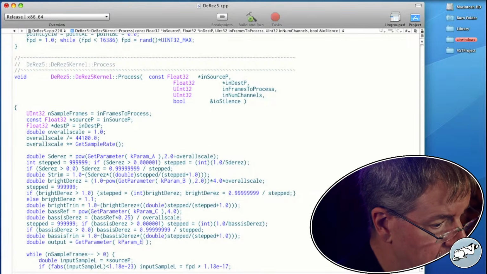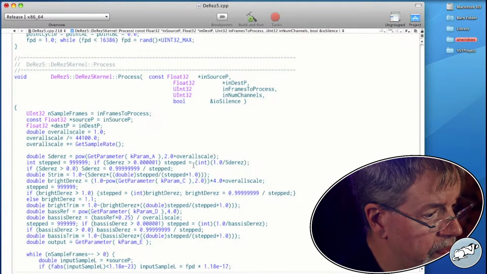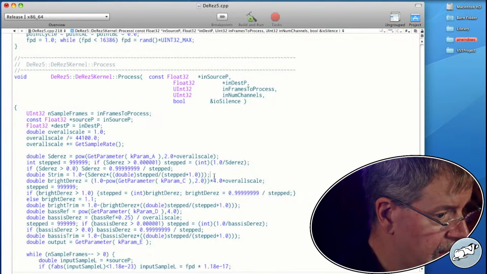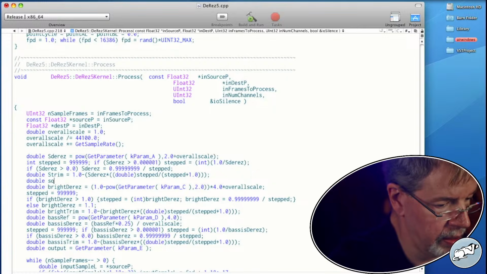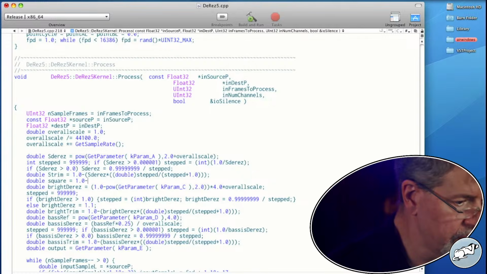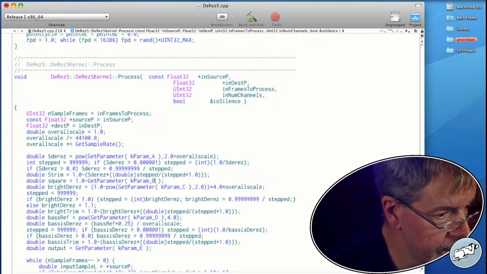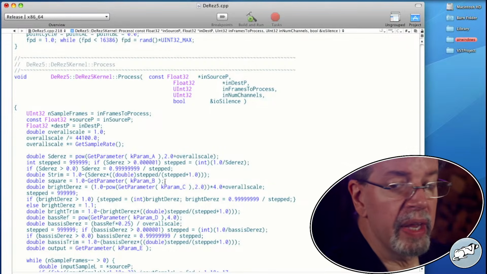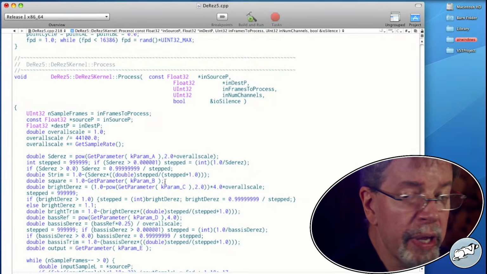So you become E. You can become D. You can become C. Meaning now there needs to be something for K param B, and that's going to become param B. So now we've got a variable, and if it's set to 0, then it is going to be 1, and if it is cranked all the way up, it will start to become 0.